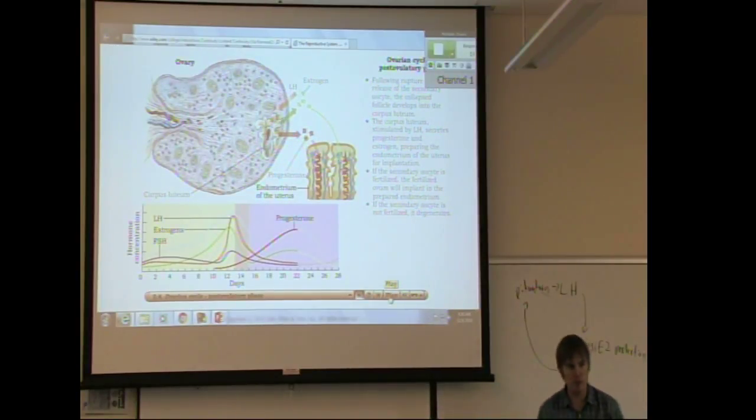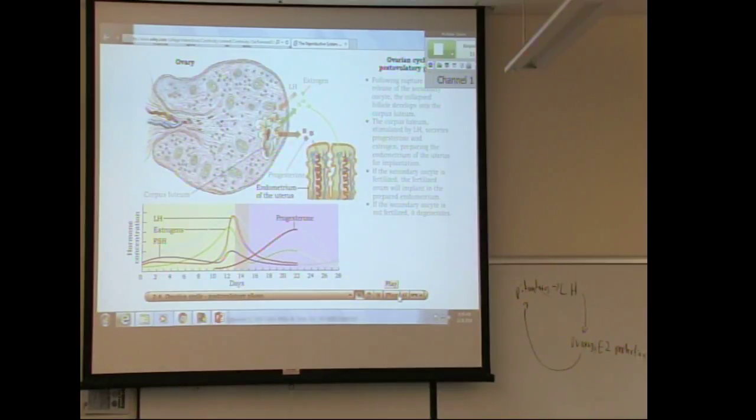All right, so what would you say for that one? Yeah, the corpus luteum. And what does that thing do? Yeah, it actually makes it. So it secretes estrogen and progesterone. And then maybe you want to include, if an embryo implants, it keeps making the hormones. If it doesn't implant, it stops making the hormones.